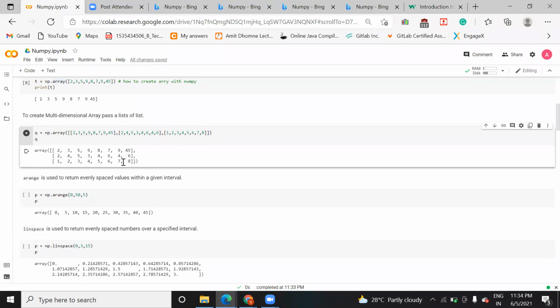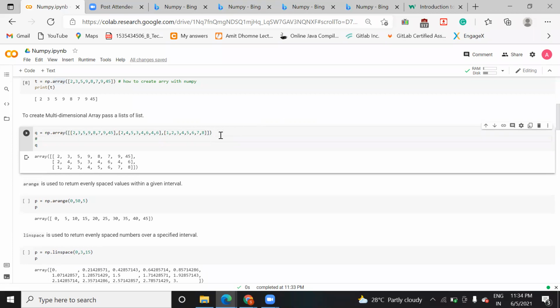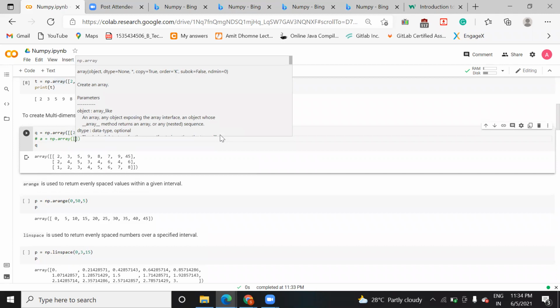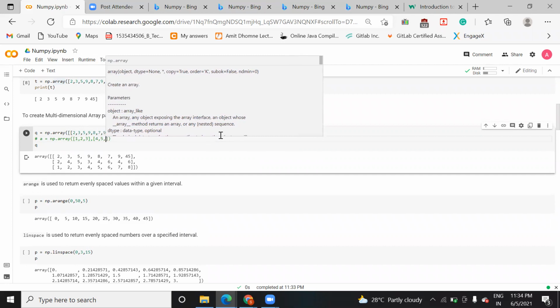So in order to add a row to a multi-dimension array, you just need to enter values in square brackets and then close it with another square bracket. The syntax will be something like this. Suppose a is equal to np.array, and you want to create a new array. In square brackets, you take elements like 1 2 3. So that is one row. If you want to add one more row, you take a comma and another square bracket, 4 5 6.